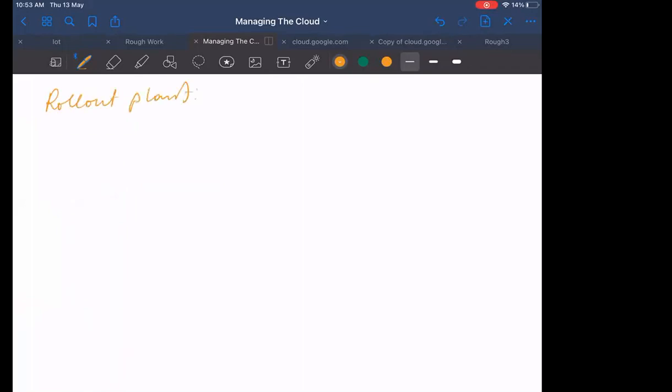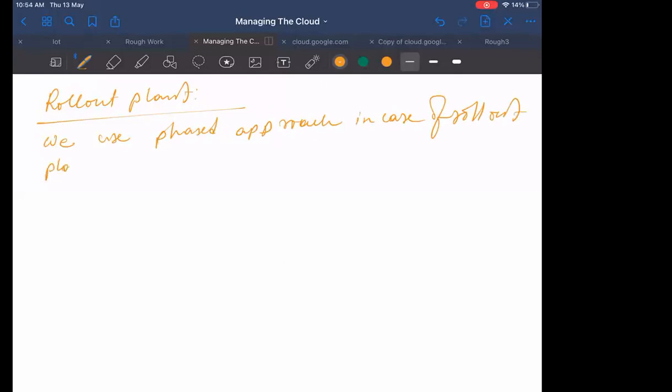In case of the rollout plan, we basically use the phased approach for deployment of